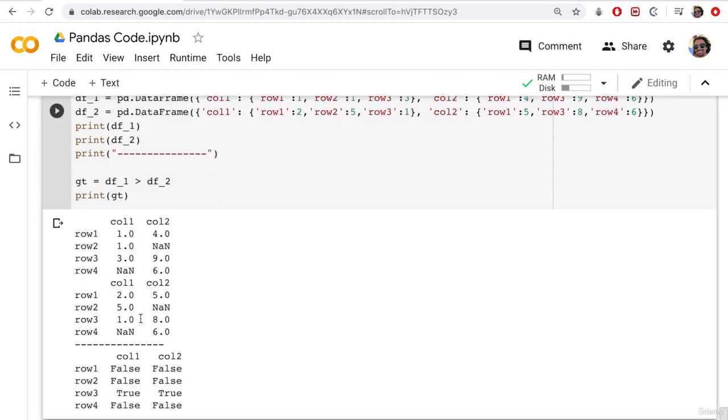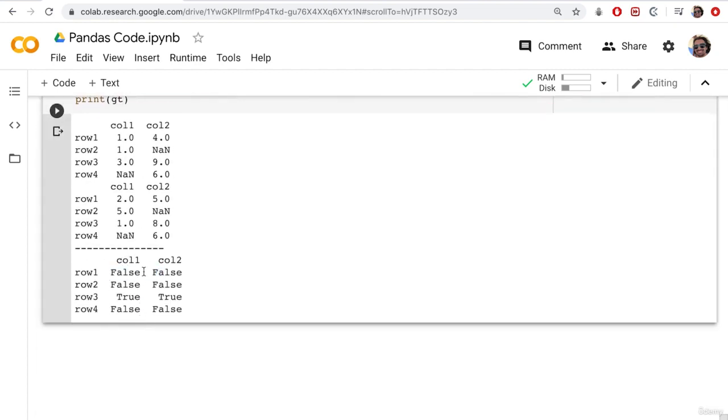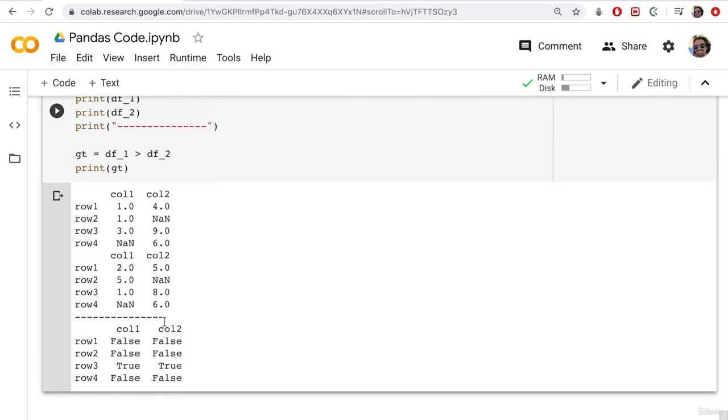So again, we should get a data frame with a bunch of true or false values. Now the way in which this works is it compares element to element, so specific row and column to specific row and column. So in this case, 1 is not greater than 2, so it's false. 1 again is not greater than 5. 3, however, is greater than 1, so it returns true. And we can't really compare the not a numbers. They're not greater than each other. And they could be equal, but we're not going to compare one to another. Okay. Otherwise, again, we're going to get false because